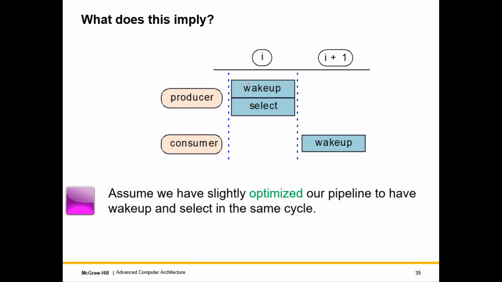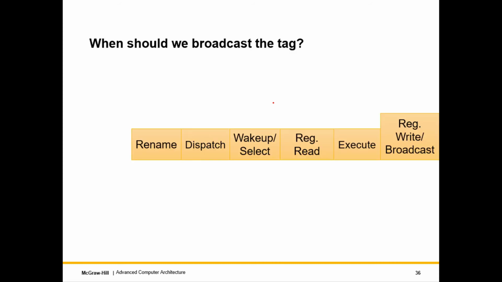In cycle I, let's assume we can do both wake up as well as select, right? So that would be like packing two very performance critical things together. But let's assume we have an optimized pipeline and good designers to do it. So then what essentially happens? So what happens is that this part of the pipeline would look like this: